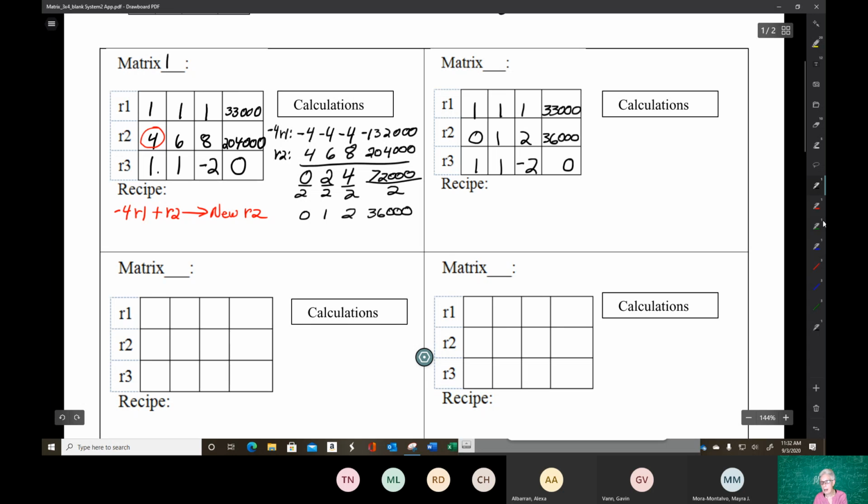Now my goal is to put a 0 here by adding row 1 and row 3 together, because adding row 2 to row 3, the 0 wouldn't change, so I would not be able to get a 0 in that position. So instead, I'm going to